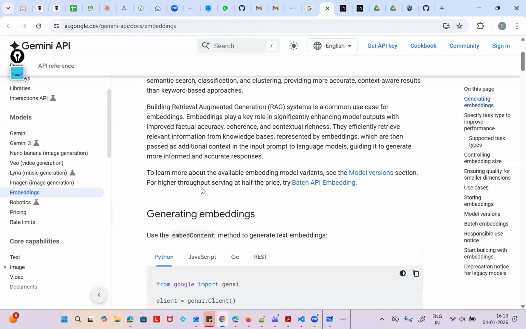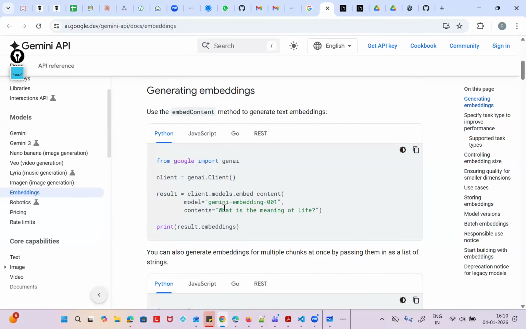Okay. So you can see there's some embedding model. You can use one of these embedding models. You can try this model. Once you create the API key,